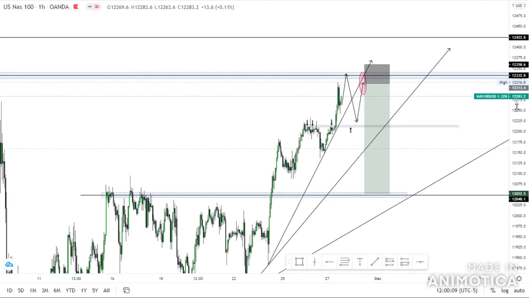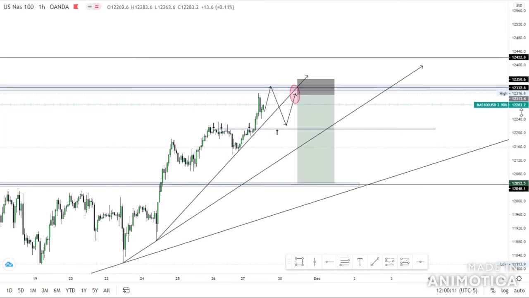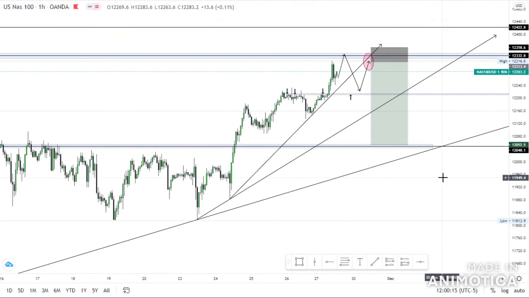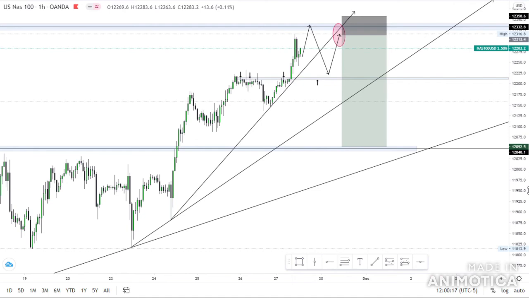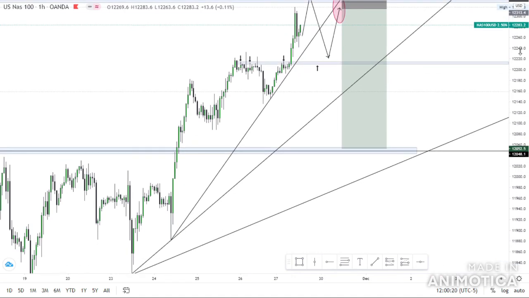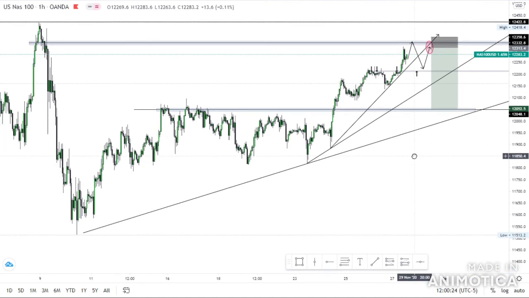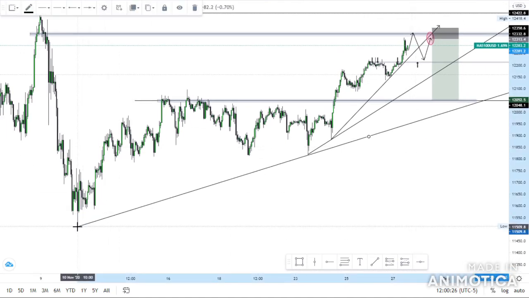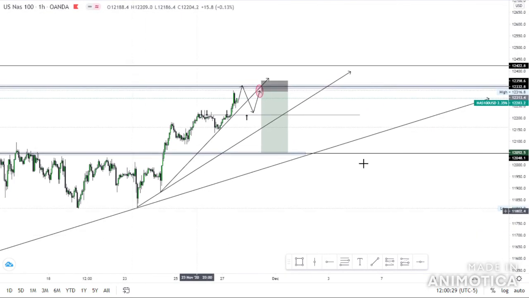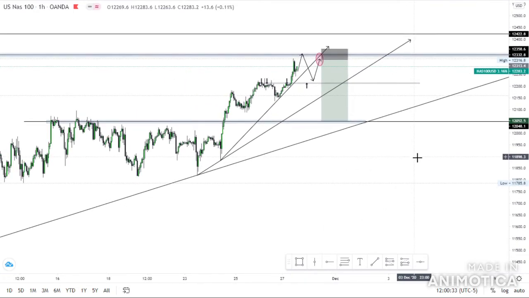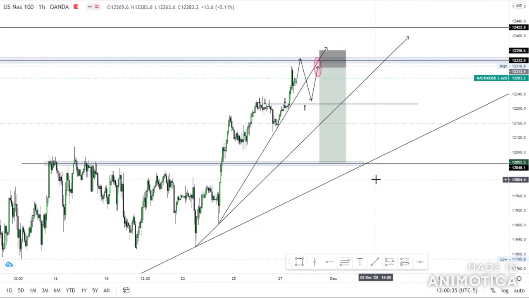Yeah guys, that's my view on Nas. There's a lot of opportunities this week which we can use. So identify the structure and identify where you want to buy or sell. And then you wait for your confirmations and then you enter, and then obviously you must always use a stop loss. But yeah guys, that's my view on Nasdaq